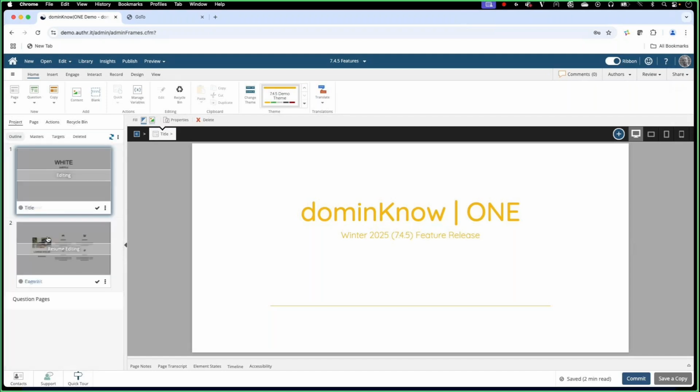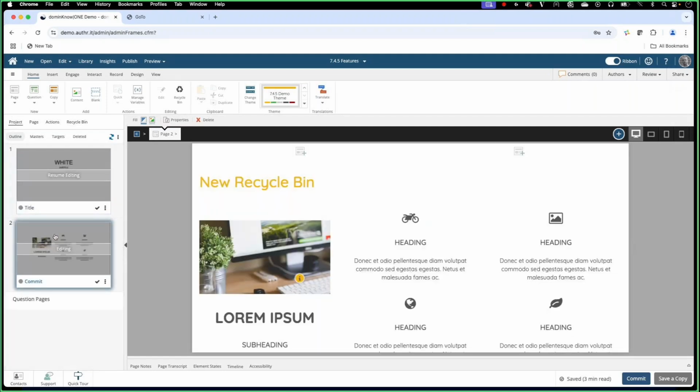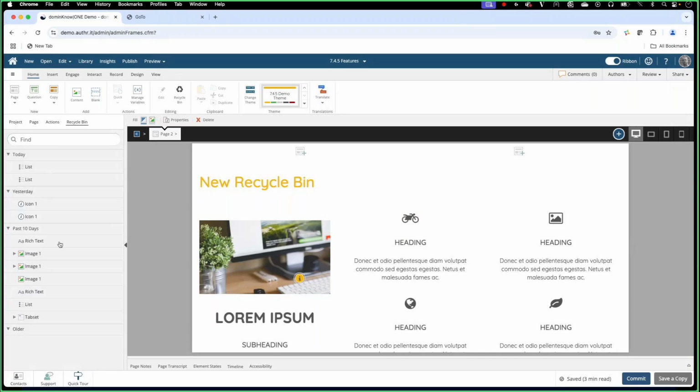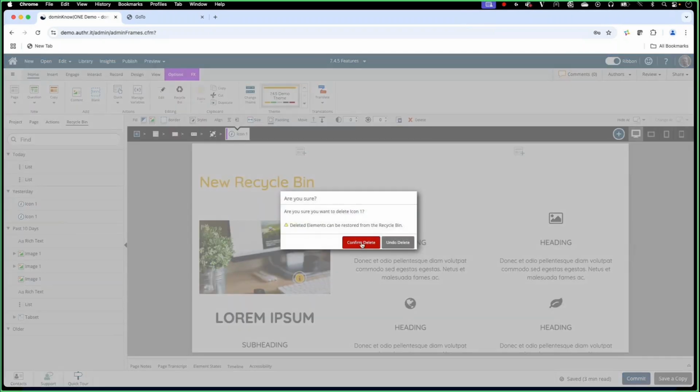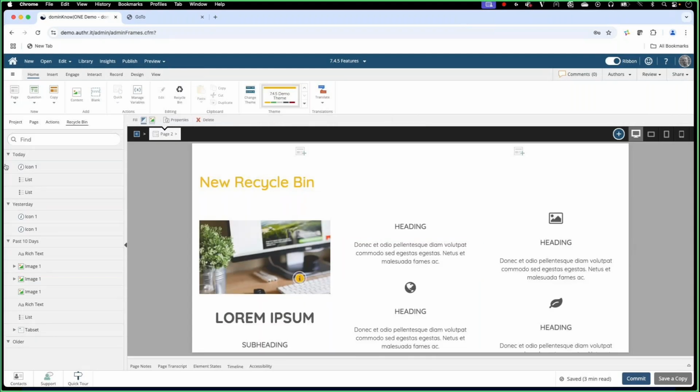I'll go to a different page and show you how the recycle bin stacks up there. There are other things that have been deleted off of this page. If I wanted to delete something from the page, I can simply select it, come up to the delete option, confirm that I do want to delete it, and now it's been added over here in the recycle bin.